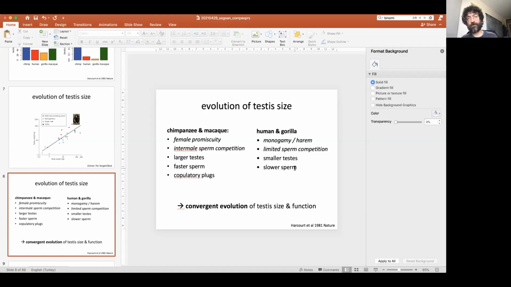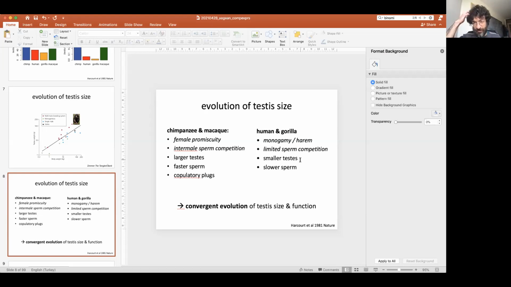Is there positive selection for smaller testis size, or is it because random variants that would have been detrimental in a multi-male behavior environment, variants that would be deleterious in multi-male systems, become neutral, and then if such variants arise frequently enough, they might just drift to fixation, and that might also lead to smaller testes just by genetic drift, mutation and drift.